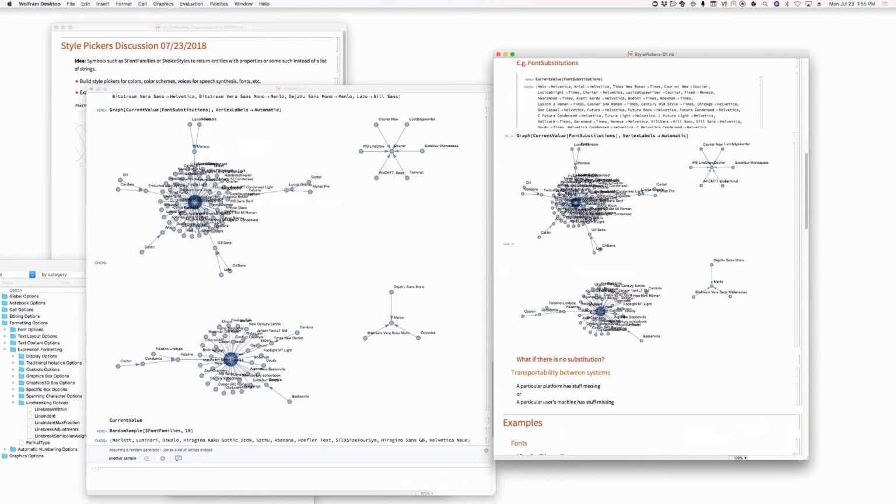Okay. All right. But so what do we do with this transportability thing? So you're on a system, you don't have that font, you've got to default to something. Where do we keep this table? I think we're deciding right now that mostly we will have entity stores, which are entity things that will be in Packlets. They won't be in the data repository. That will be the way that we represent fonts, for example. They will be entity stores that are constructed on the fly from tables or code in Packlets. But they also need substitution tables somewhere